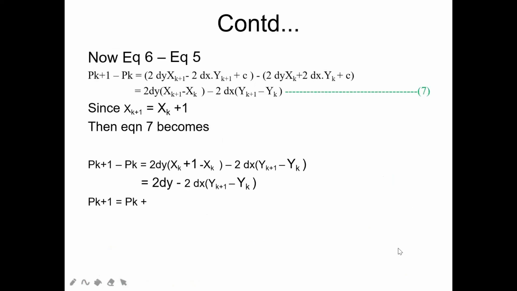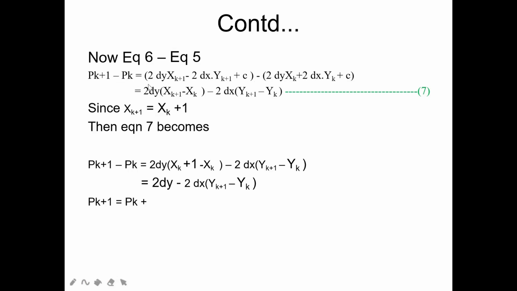So we have to do some calculations now. So now we are going to find out the difference. What difference from equation 6 to equation 5? Now equation 6 we found pk plus 1 data, and equation 5 gave pk data. So now if I want to subtract it, pk plus 1, whatever the value was there, you just write it, minus pk value also you write it. Okay. So now I have to divide it.